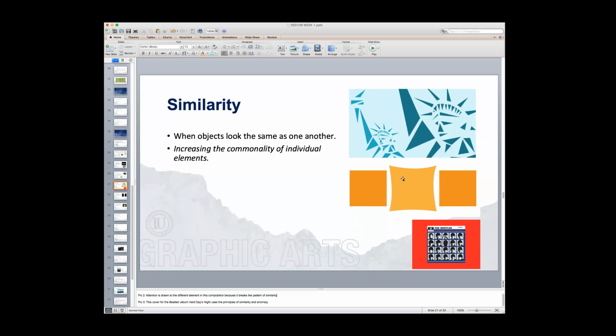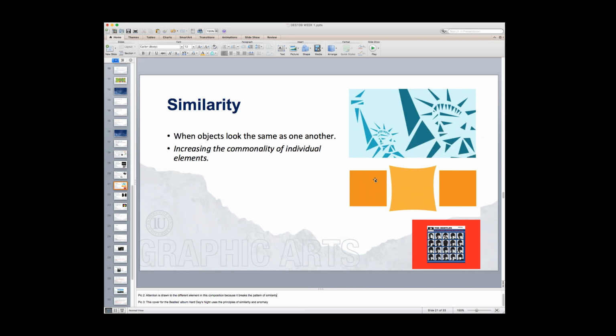Yeah, it would be the second one, the middle square. So the similarity between different elements can be shape, it can be color even. Even the middle one is not only a different shape, but it's also a different shade of color. It can be size, it's also bigger, and the texture has been changed, or the value. So the more commonality that individual elements have, the greater the sense of coherence, thanks to the Gestalt principle of